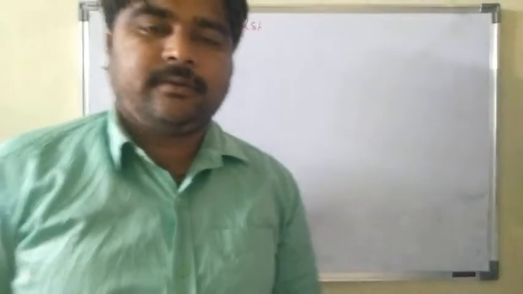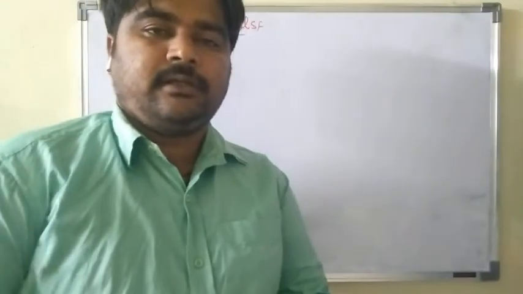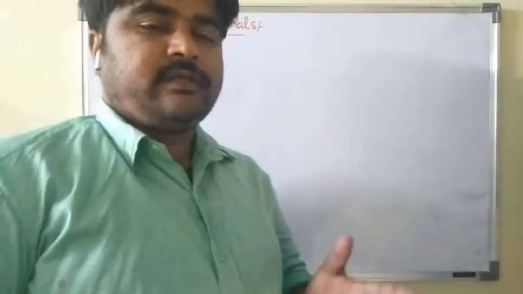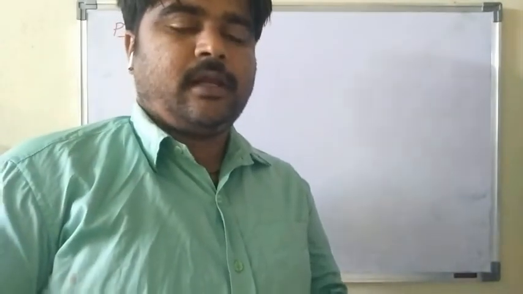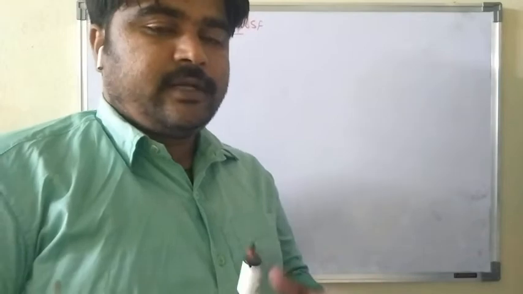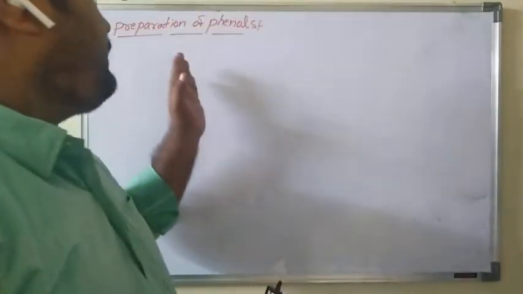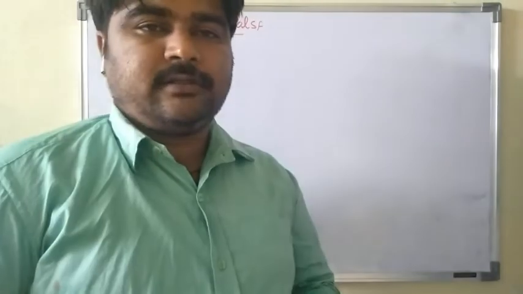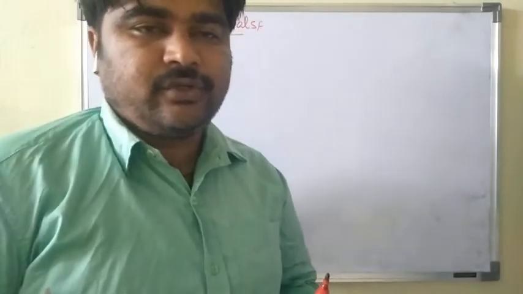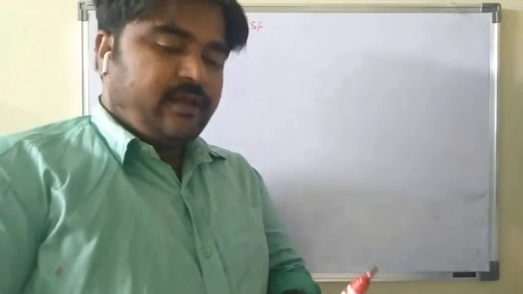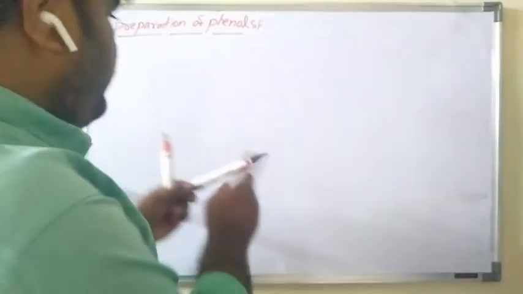So next class, preparation of phenols. Previously, we discussed the preparation of alcohols from Grignard reagent. That is aliphatic alcohols only. Now, preparation of phenols, aromatic alcohols, that means benzene containing an OH group. Phenol is also known as